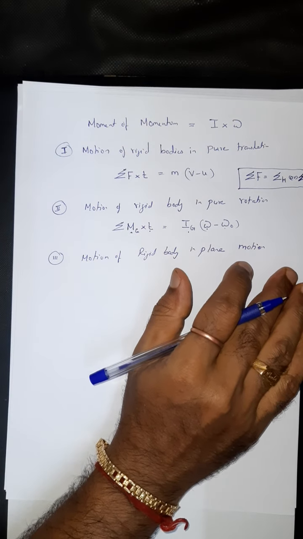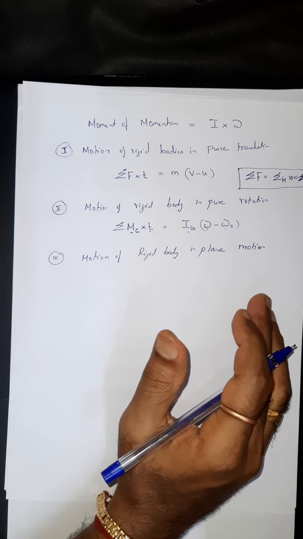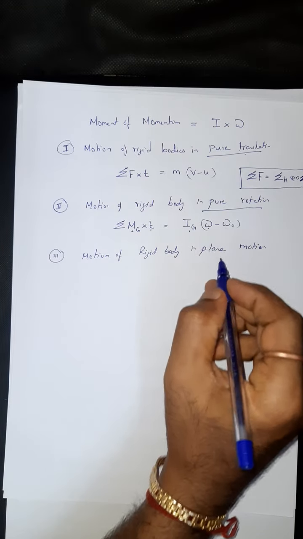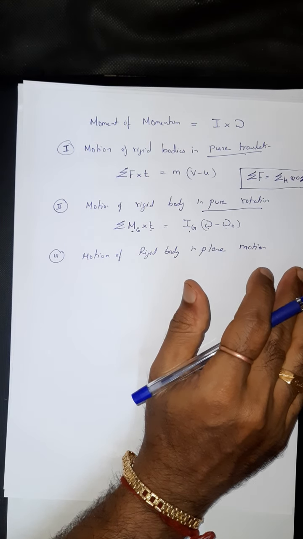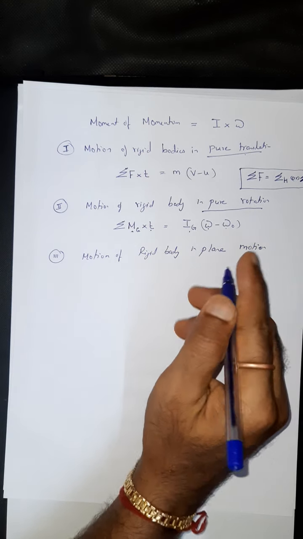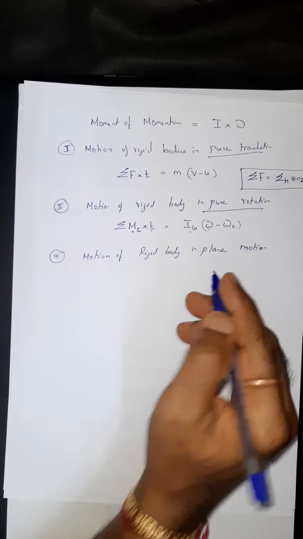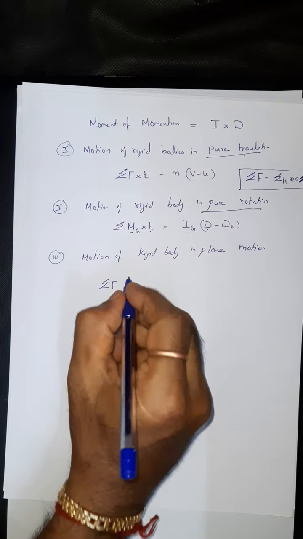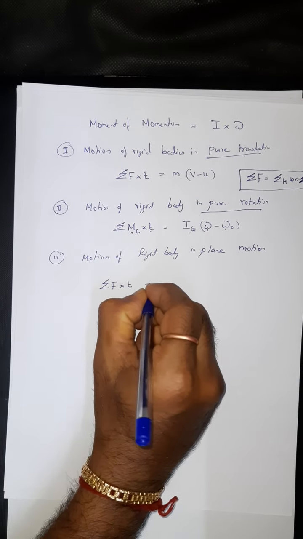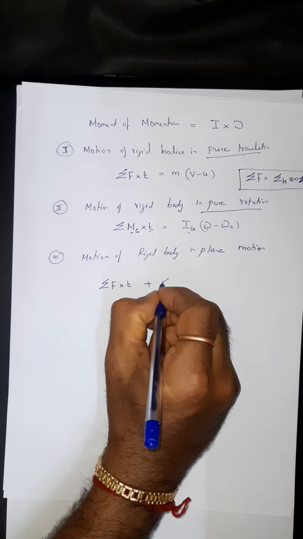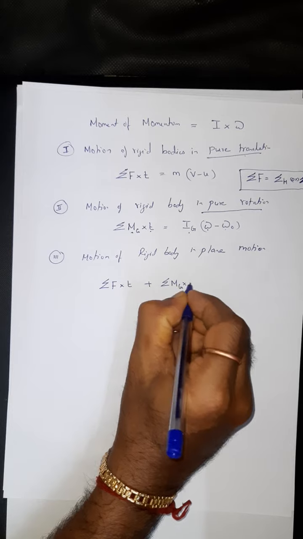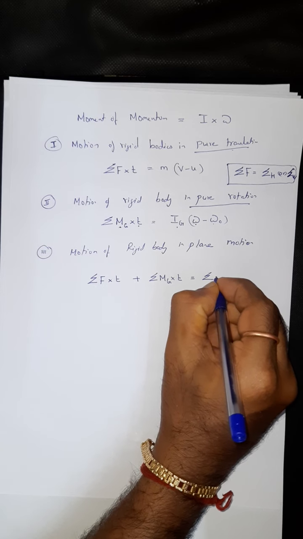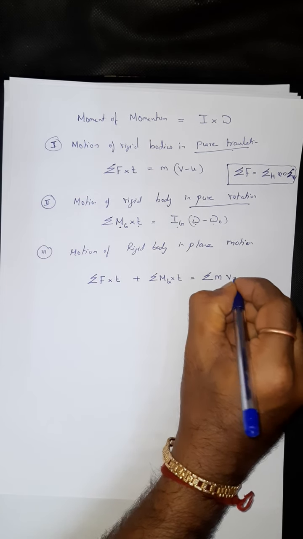So when the body is in plane motion, that is the combined translation and rotation. Here the first case is pure translation, and case 2 is pure rotation, right? General plane motion is a combination of rotation and translation, isn't it? So the impulse momentum equation can be written as sum of forces, vertical or horizontal, into t, plus sum of moment about g into t, equal to sum of mass into v minus u,